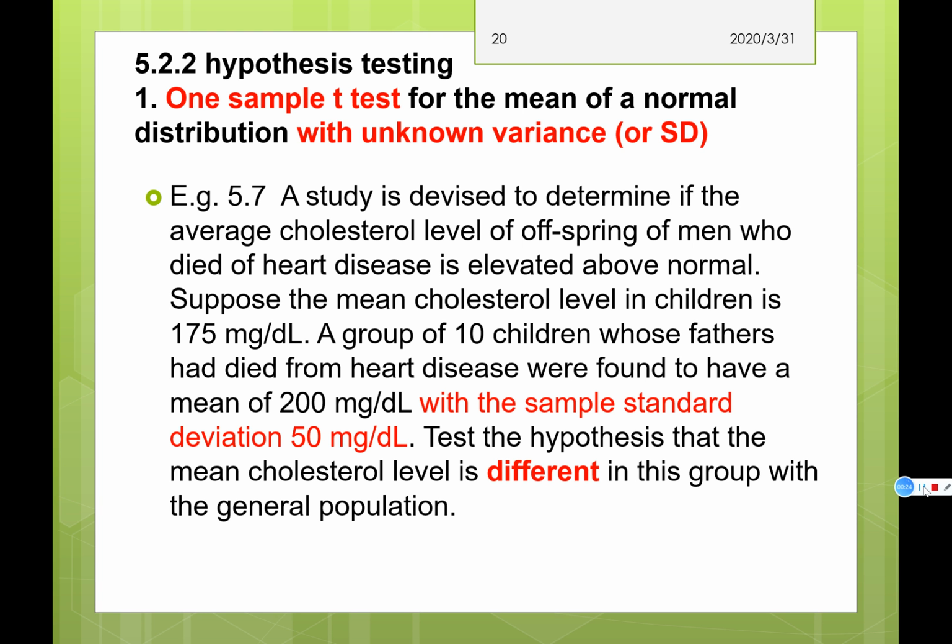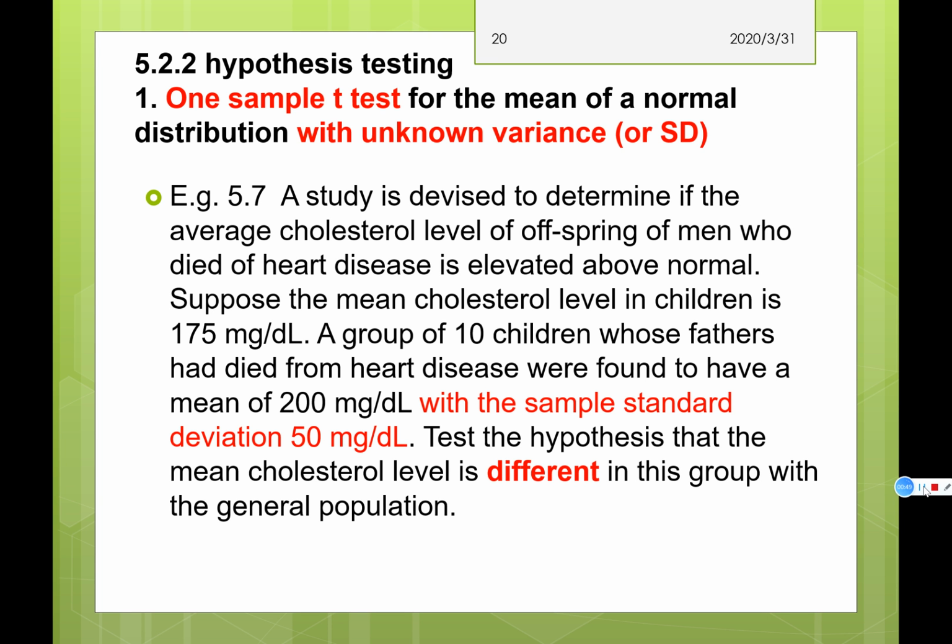And the next one, we can use T distribution to solve some questions about hypothesis and estimation. So next, we will learn how to use the one sample t-test to do hypothesis test and confidence interval